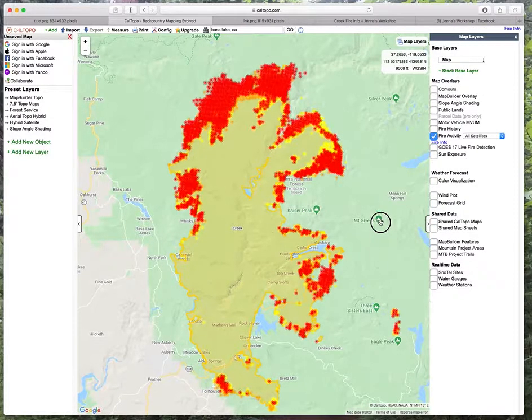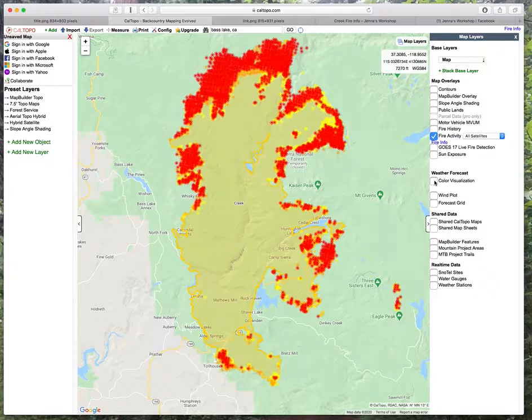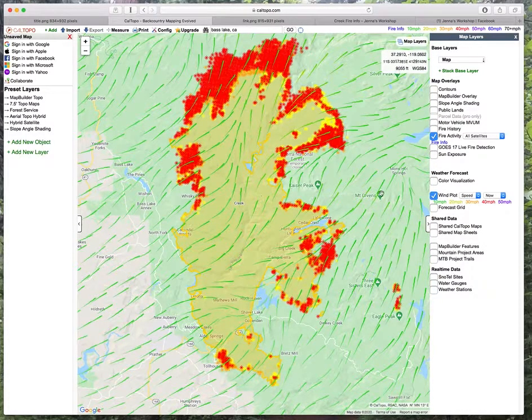The other thing that you might want to add as an overlay to your map is this wind plot. This will show you current wind speeds, and you can see it's color coded. So this legend over here, green is about 10 miles per hour. And to read the direction of these winds, you take a look at these lines. A good way to think about them is as sort of like a comet or an asteroid, where the head is at the front and then there's a tail, and so all of this wind here is moving